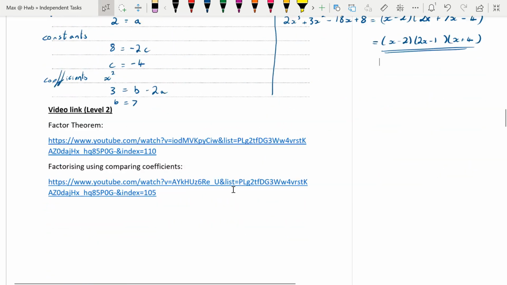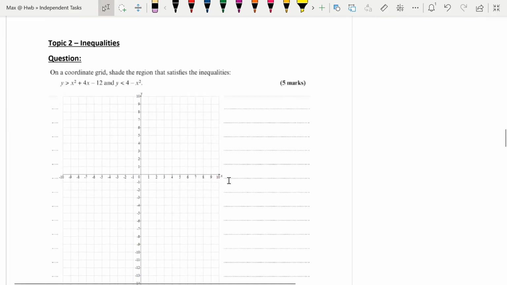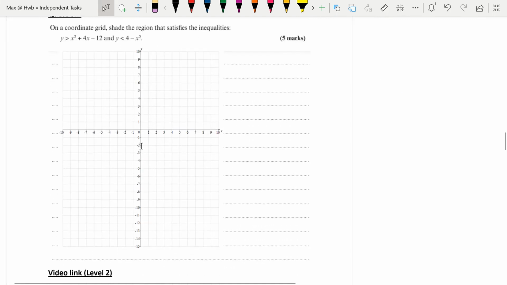So question 2. We've got some inequalities. Now I've got a little set of axes here. Realistically, we're looking at sketches. However, for 5 marks, we're not just drawing a really quick sketch. We need to make sure we're labeling some key points on my graph and thinking about how these look. So I've got 2 inequalities here. Now again, I'm going to ignore the inequality sign for now. I'm going to look at just plotting